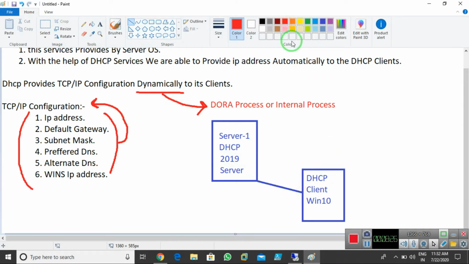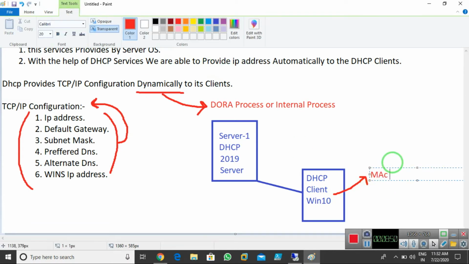Now imagine this client doesn't have any IP address. I want to provide the IP address with the help of the DHCP server. Right now the client doesn't have an IP address, but it has a MAC address.